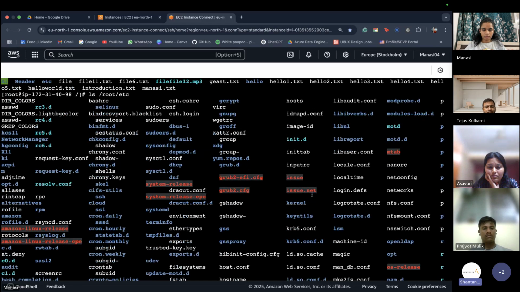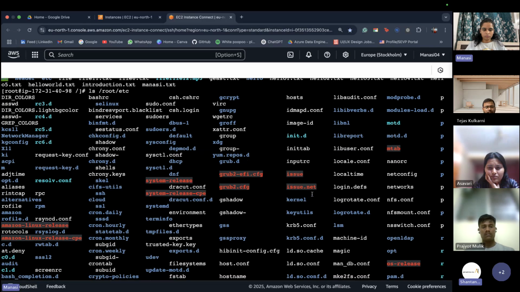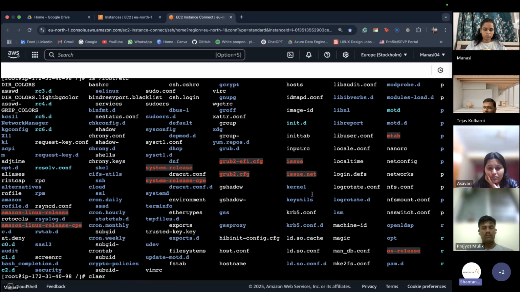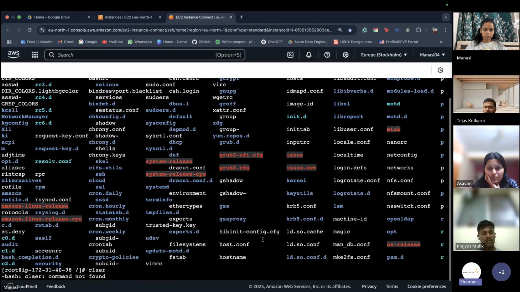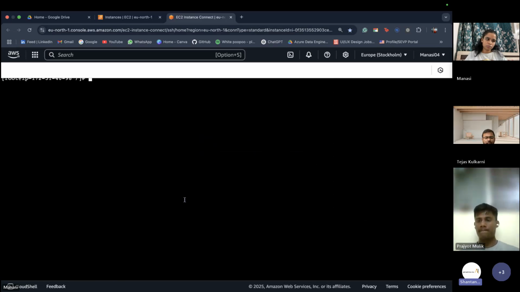Now, as we all have known how we can create an archive file, how we can list the contents of an archive file, extract the contents at a different location. This was all about archiving a file and extracting the contents. Everyone clear how we are going to archive a file and extract the contents?